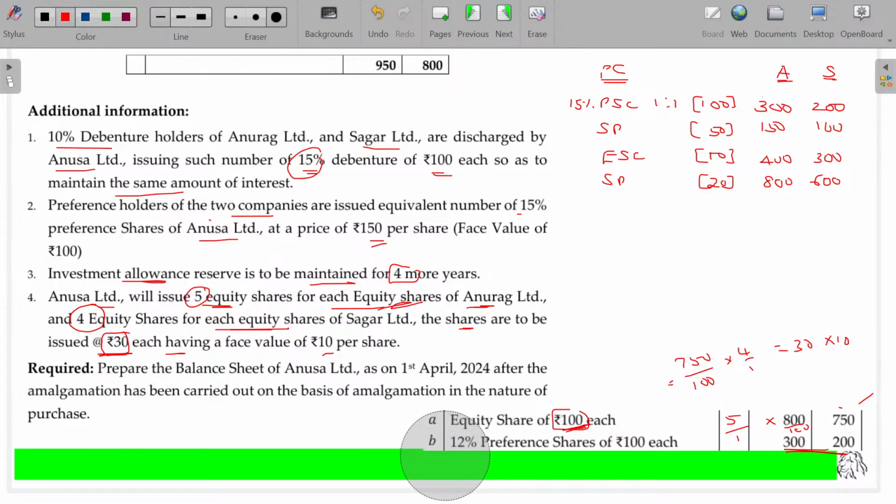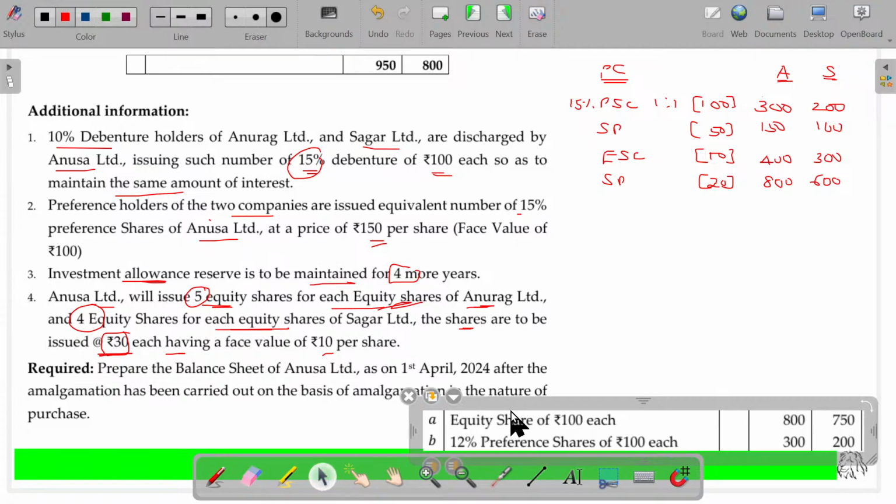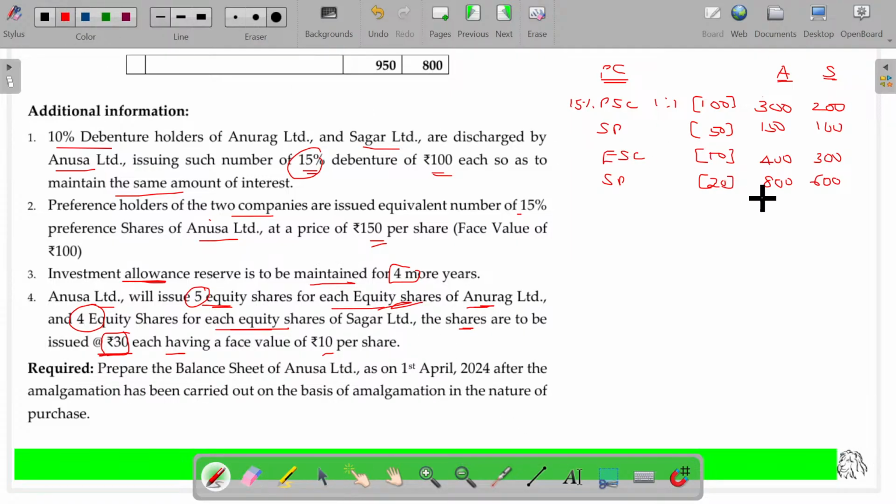No more information is available here. That's all. So we have completed the purchase consideration also. Right. The purchase consideration in this case being how much? 1650 for A, and for B